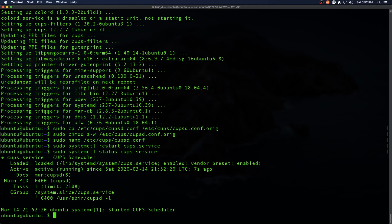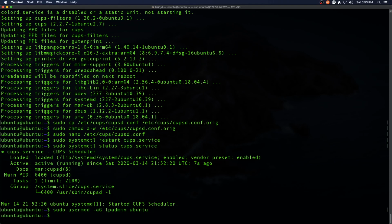Okay, so the next piece we need to do is add our user into the LP admin group. So we're going to say sudo usermod -aG to add to group, lpadmin, Ubuntu. Okay. Now